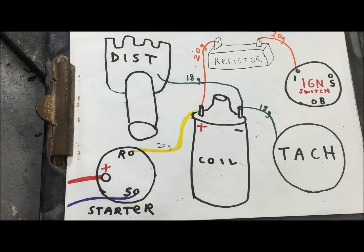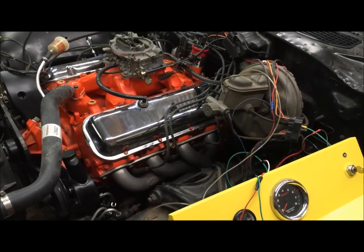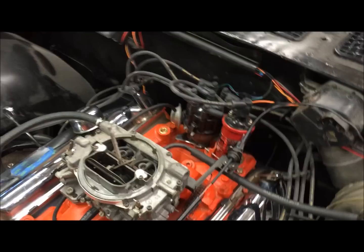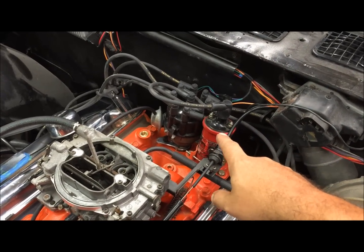Okay, we're gonna go put it on the car. So this is my 70 Chevelle with a 454. I'm gonna go ahead and pull the distributor out of it, and we're gonna hook all this up and test it out, show you how it works. You can see how that one looks like an original points. That's actually an aftermarket billet